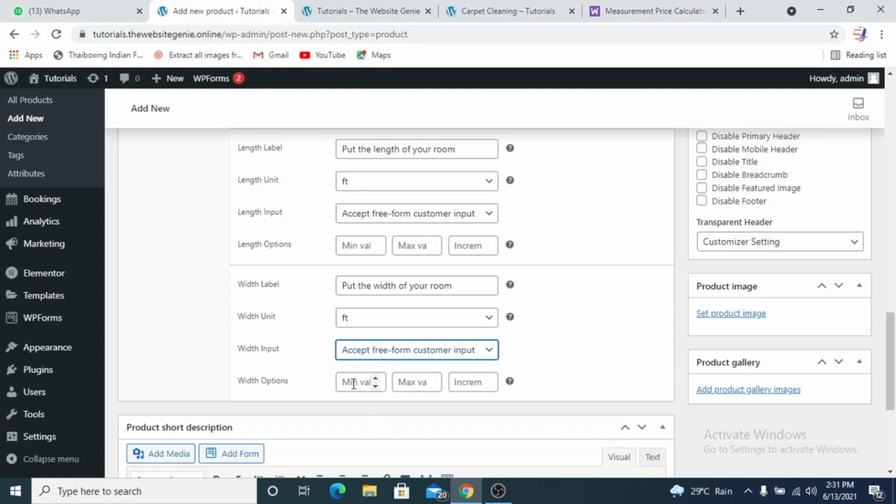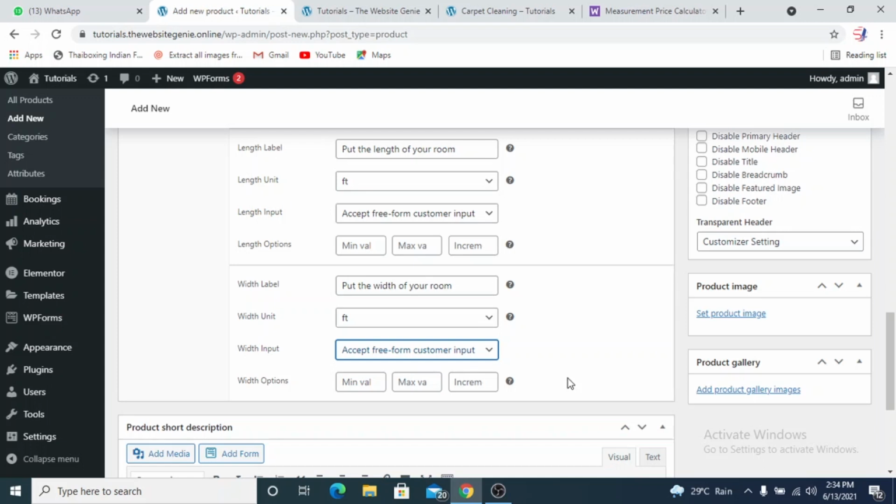And so you have options for having a minimum value, a maximum value, and an incremental value. So minimum and maximum are self-explanatory. This is the minimum and the maximum value which the customer can put. Okay, so about the increment. If you want the customer to make increments of a certain value, like if you want the customer to make only increments of 100, then you can put in an increment value of 100.